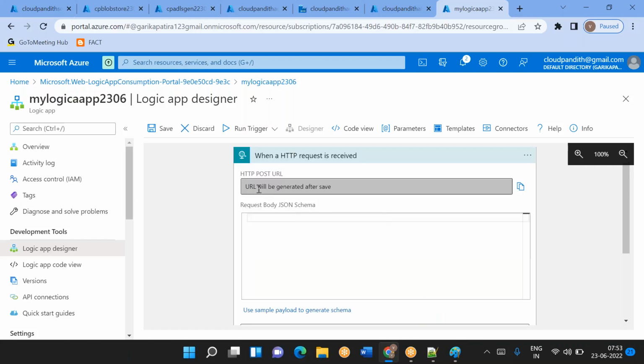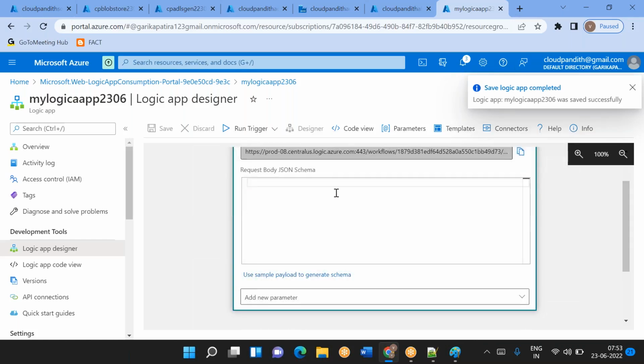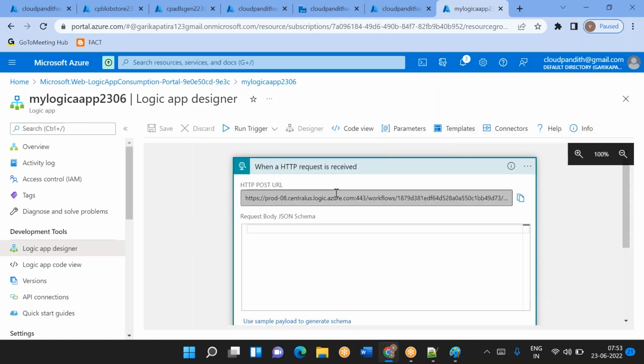Okay, just select. See what it is saying: URL will be generated after save. Now you can save directly if you want. Okay, now you saved it. It is there. Now what ADF has to do is, when a pipeline is succeeded, when a pipeline is failed, it